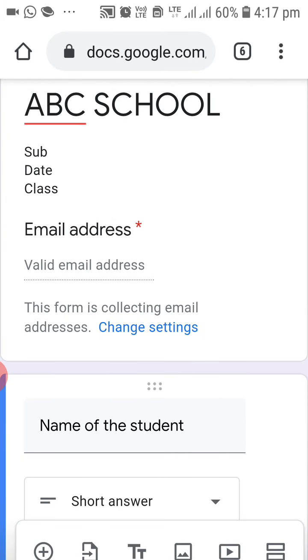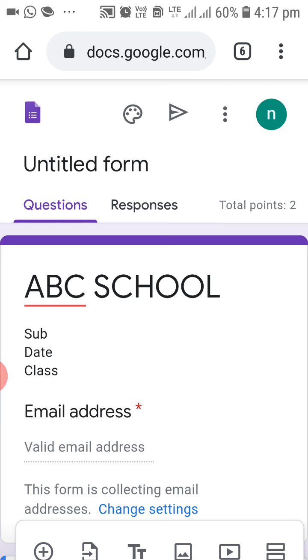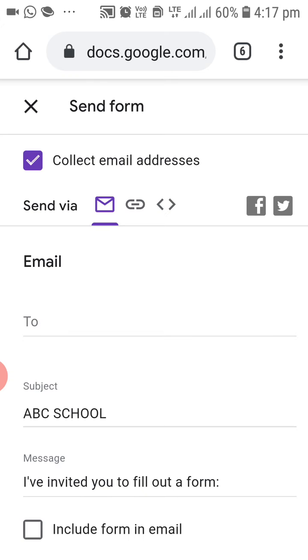This paper is ready. Now here it is shown total points 2, because we have only 2 questions, right? Once your paper is ready, then at the top you will see different options, right? The assign option is there, just to the left side of the 3 dots. Just click on that. When you click on that, send via, and it will show you different options.